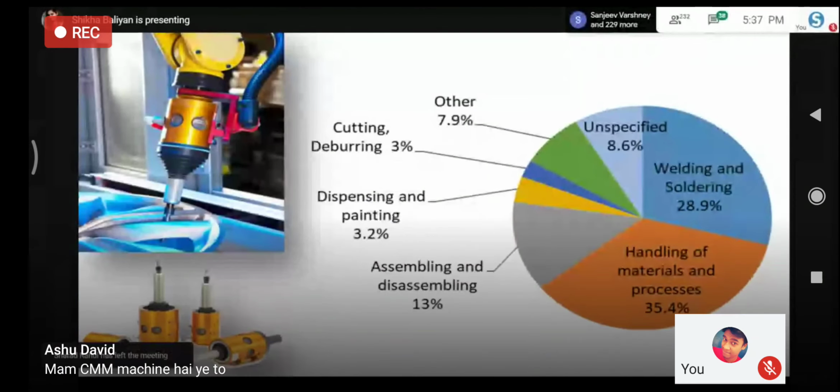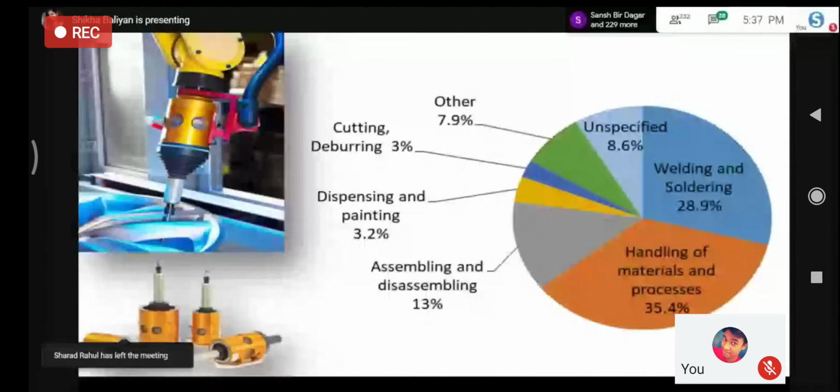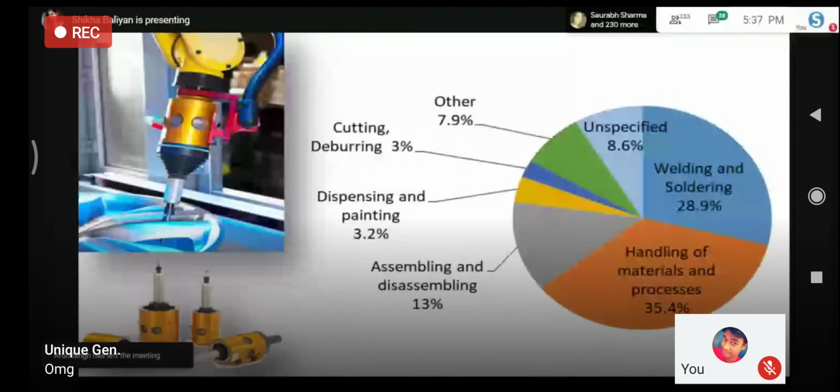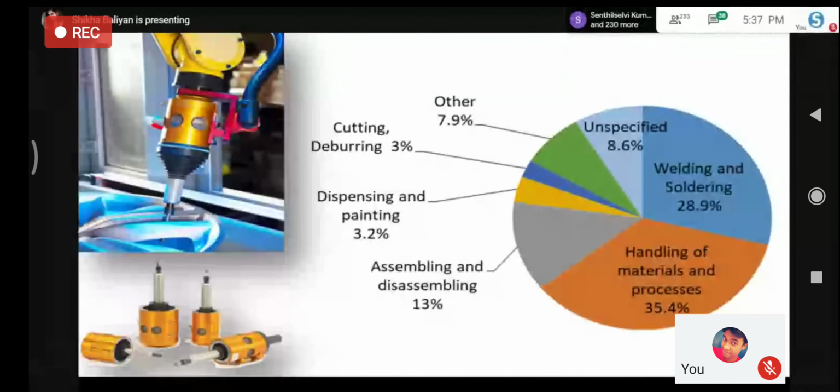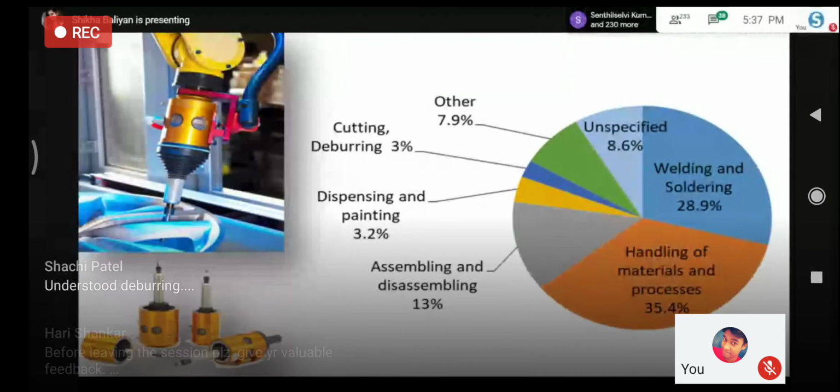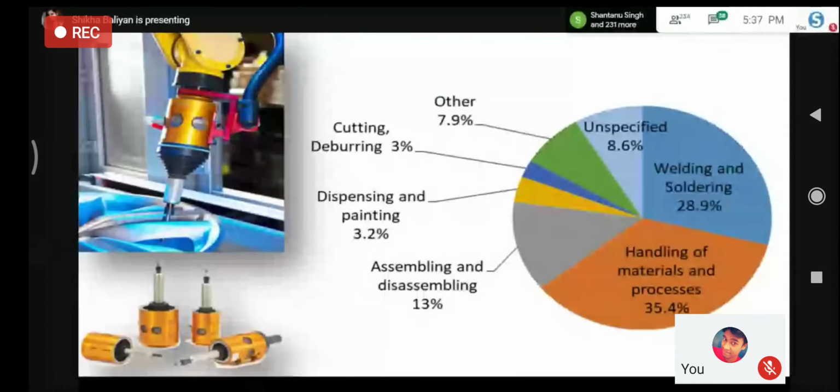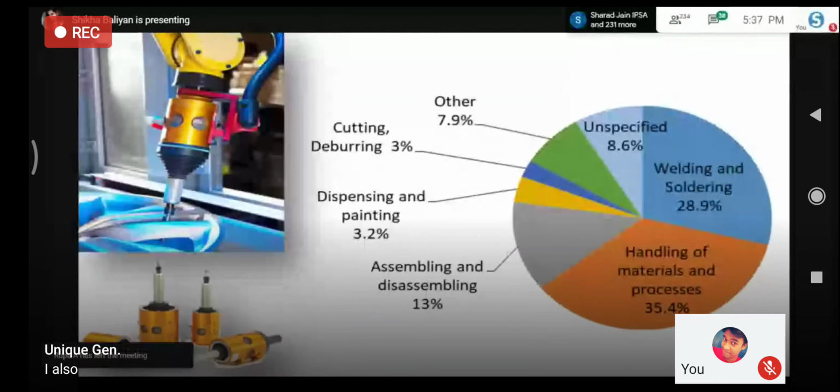Here you can see the various applications of industrial robotics. And particularly, looking at the forecast and analysis for robotic deburring at the global and regional level, there is an expectation of a 13% rise between 2019 and 2025.